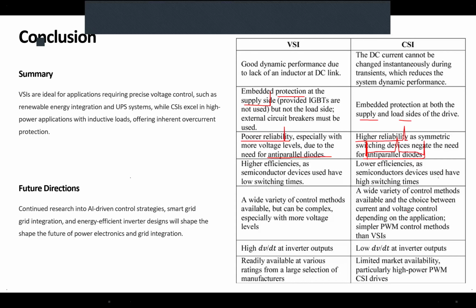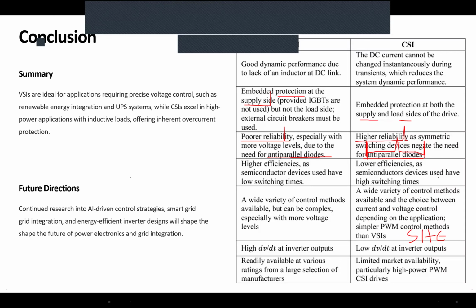Current source should also use different types of control algorithms, like the selective harmonic elimination algorithm, or